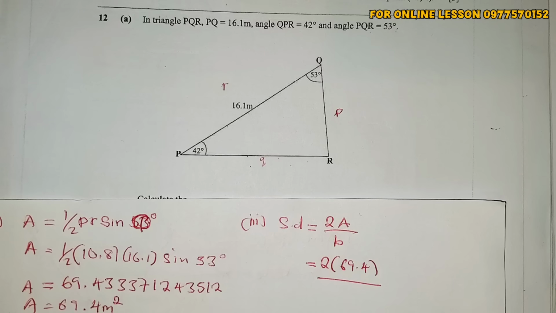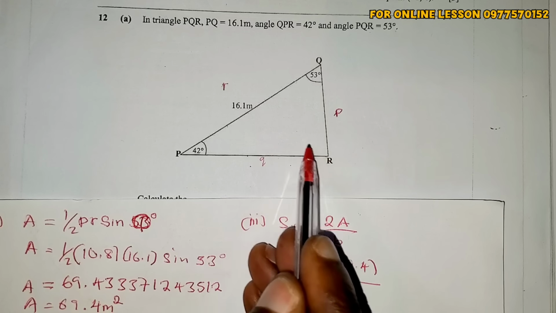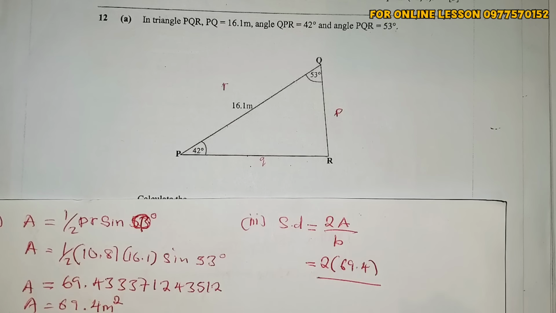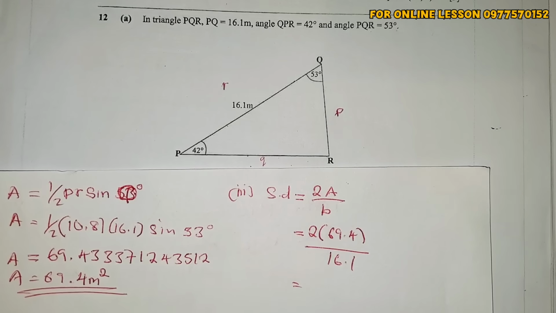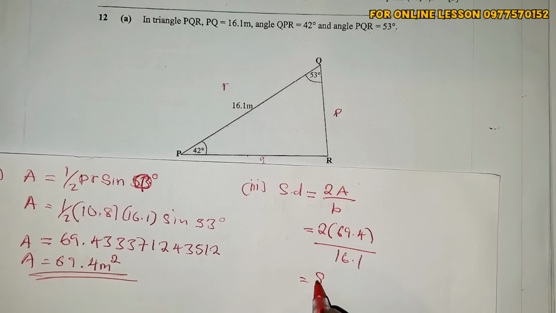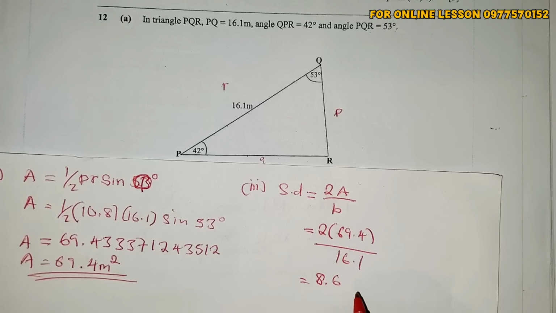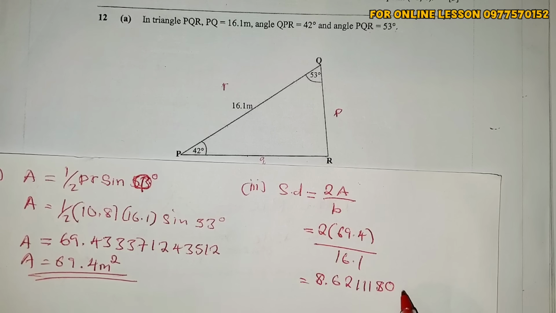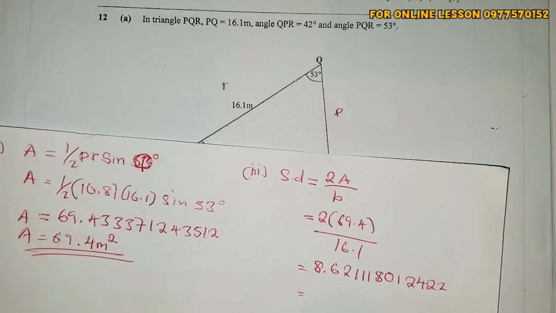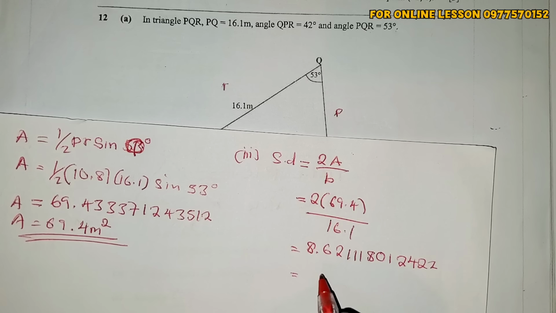What is the base? So this R is going to PQ. So PQ becomes the base. So we're going to say 16.1. Then let's calculate. So this is giving me 8.62118012422. So rounding this one off to 3 significant figures, it will be